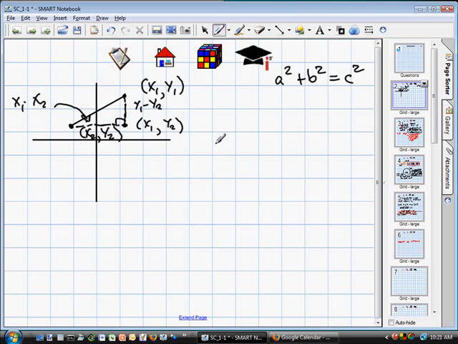Well, then using the Pythagorean theorem, let's just call this hypotenuse, or distance, d. The hypotenuse squared equals one leg squared. I'll do the x's first, plus the other leg squared. And if we just solve for d,